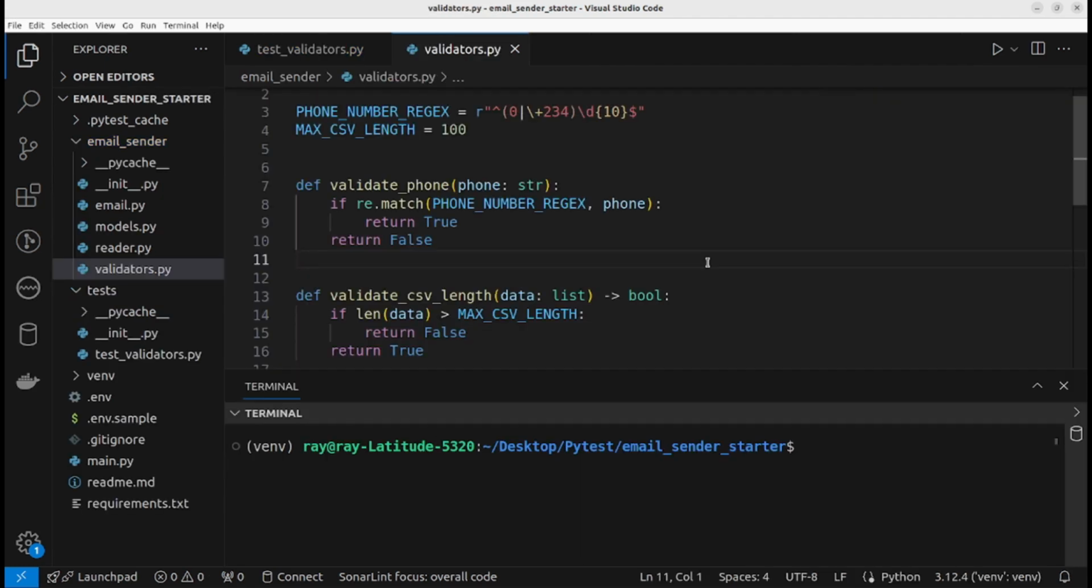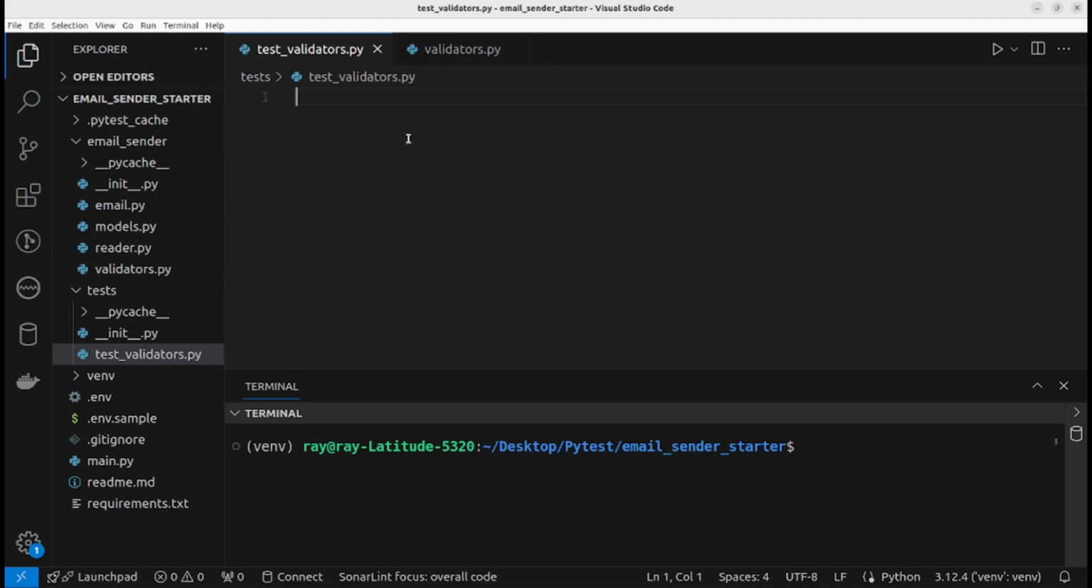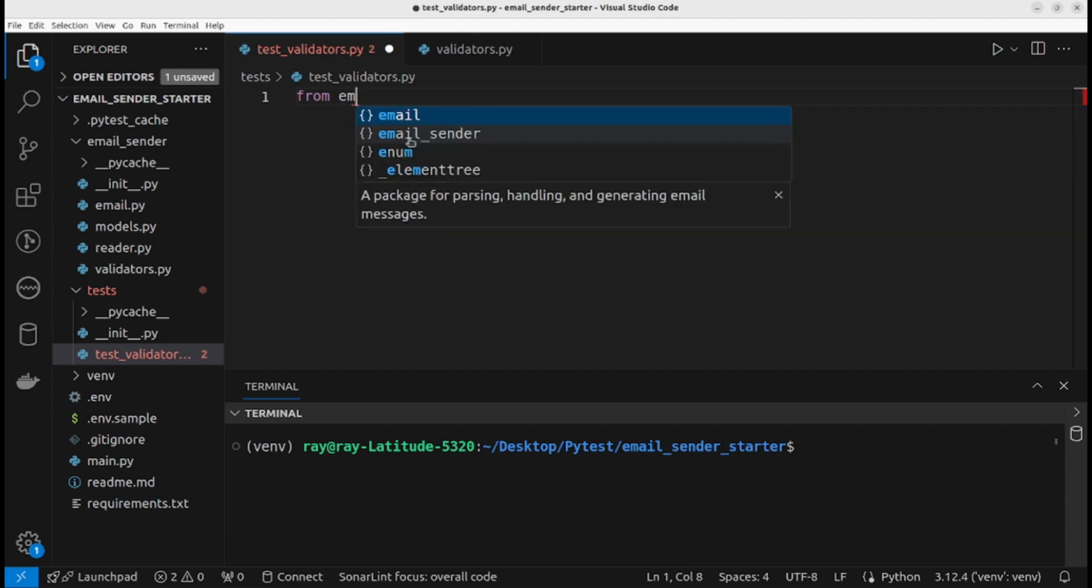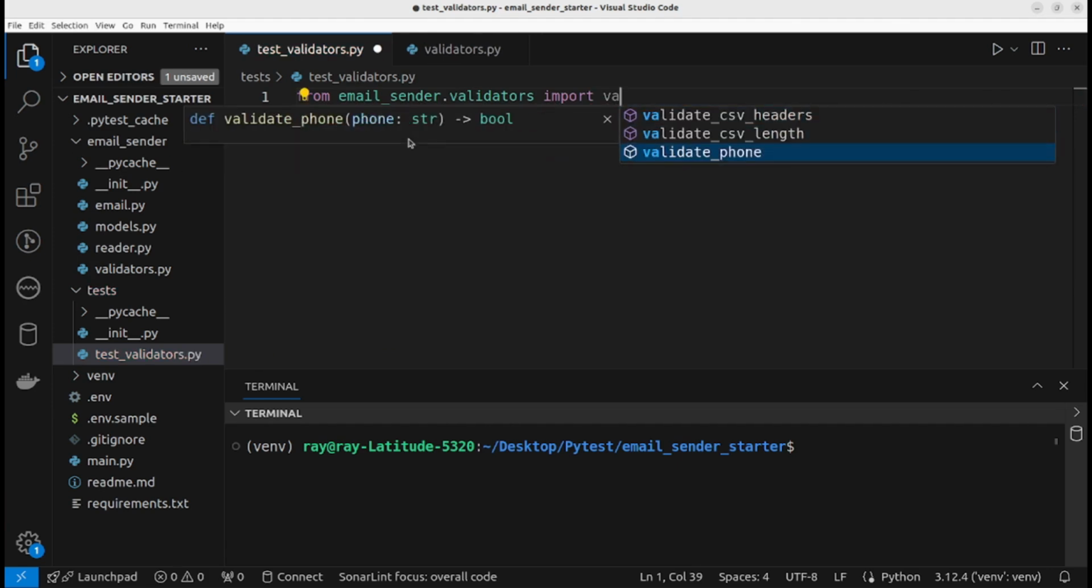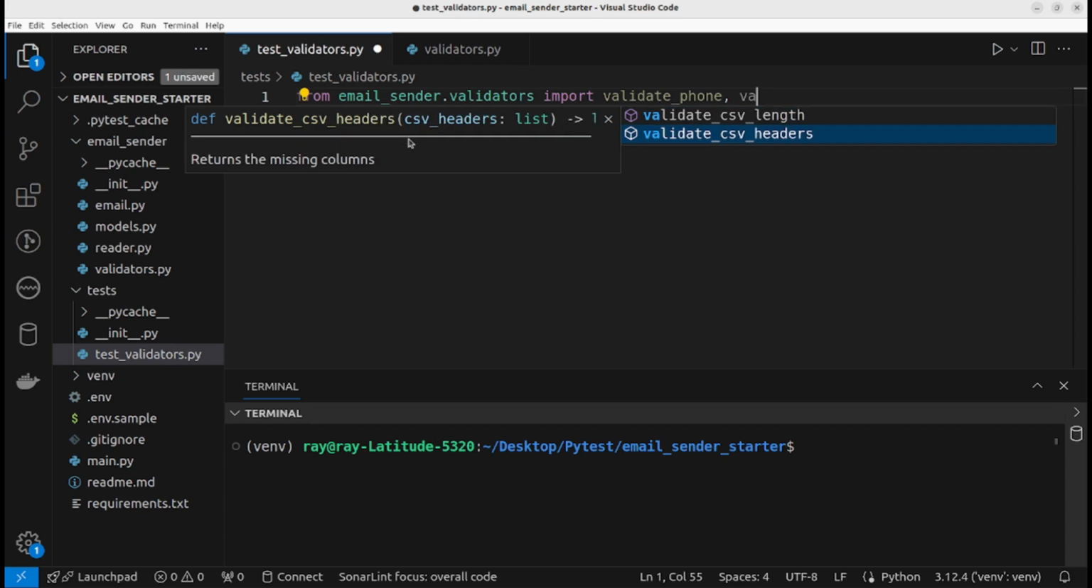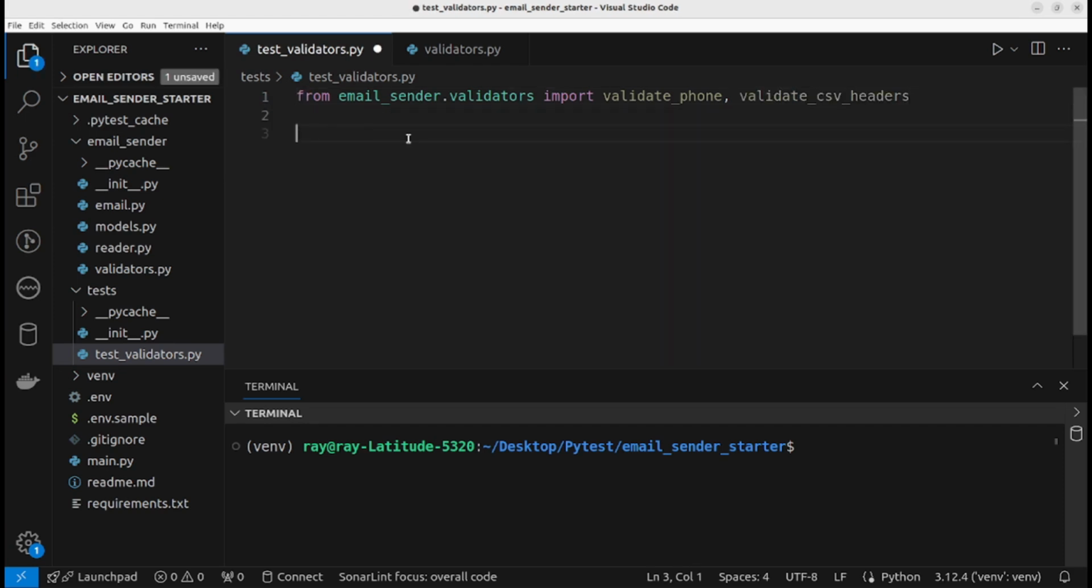Let's start writing unit tests for some of the validators we have in this module. A unit test checks if a specific function or part of the application works as expected. We need to import the functions from email sender.validators, import validate phone number, validate CSV headers. We can now create our first test